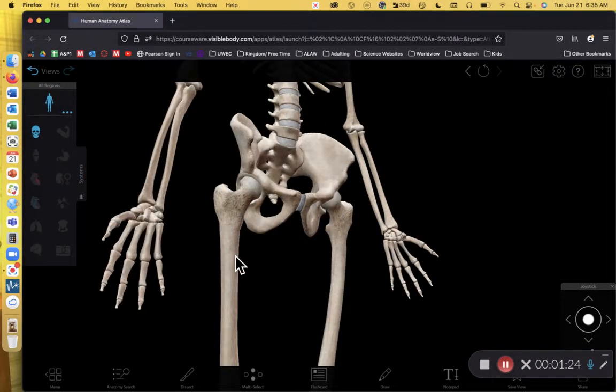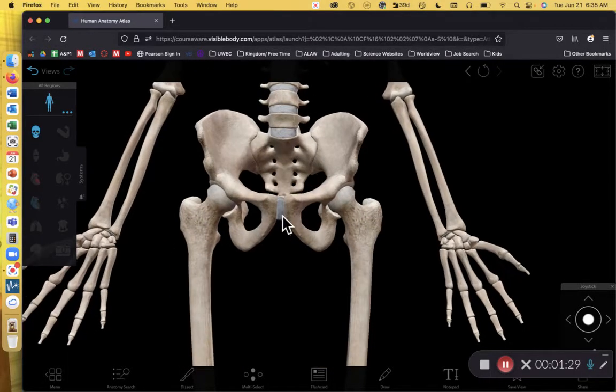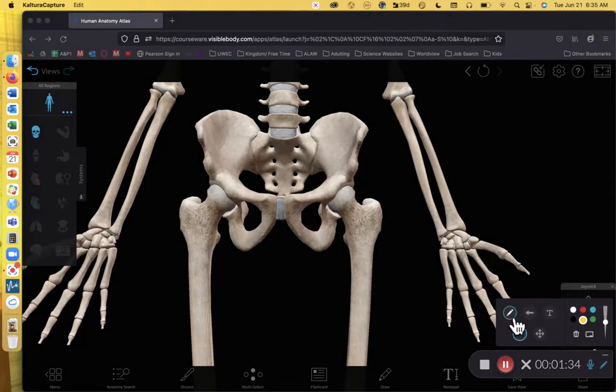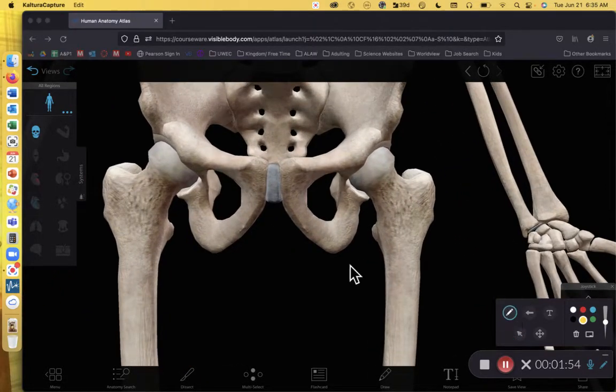There we go. So right here we have a male pelvic girdle, and we can tell it's a male pelvic girdle a couple ways. First, as we look at this, I want to emphasize that there is a narrow angle for the pubic arch. So as we look at the pubic arch, this angle is 90 degrees or less. Let's differentiate this a little bit better here, so I'm going to zoom in. Let's focus on this arch right here. I'm going to trace the outline. So here's the male